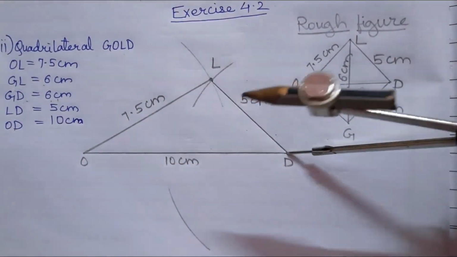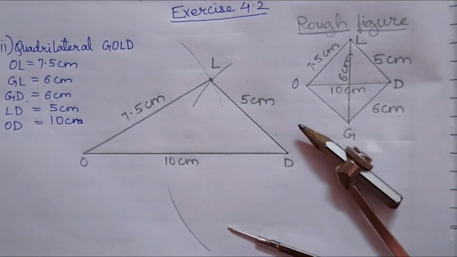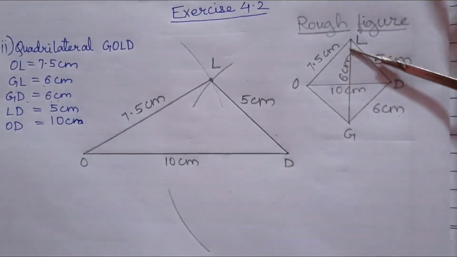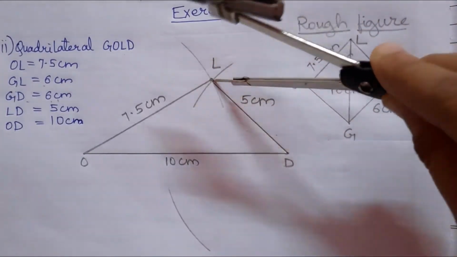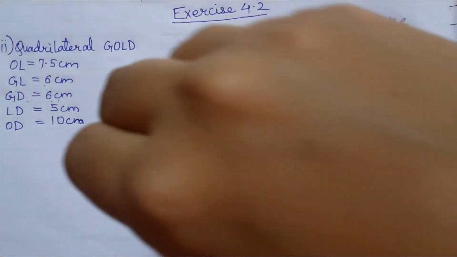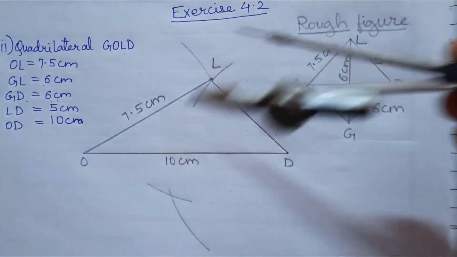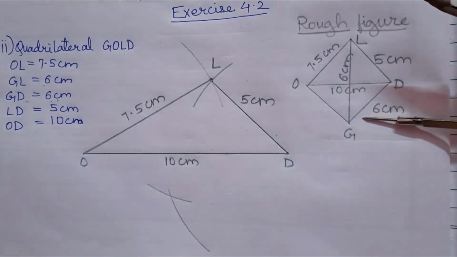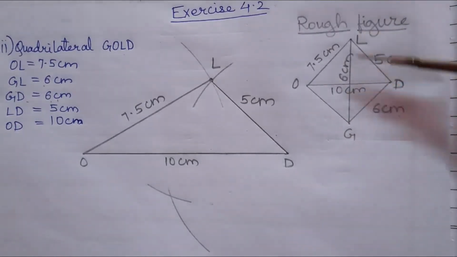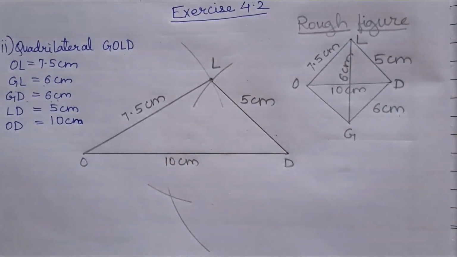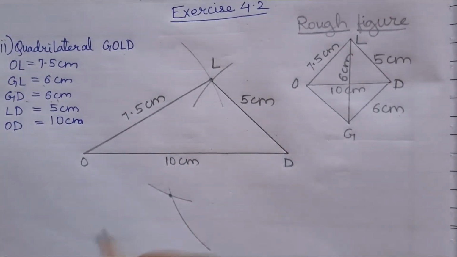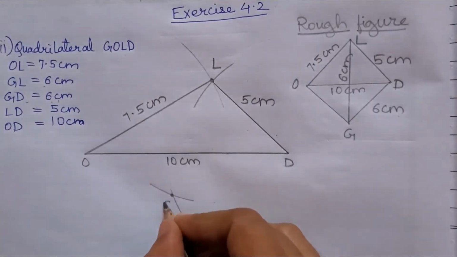Okay. Now the next we have the diagonal with us. Okay, diagonal LG is also 6 centimeter. So now since LG is 6 centimeter, so we will keep the compass pointer on L and we will draw an arc here. We have taken the same measurement because LG is also 6 centimeter. GD was also 6 centimeter and LG is also 6 centimeter. So we have drawn a 6 centimeter arc here, and here we got this point of intersection. This is our point G.